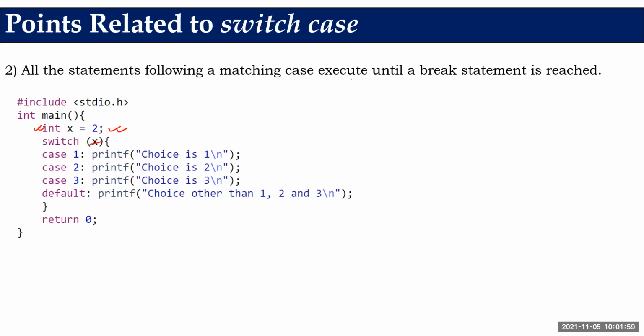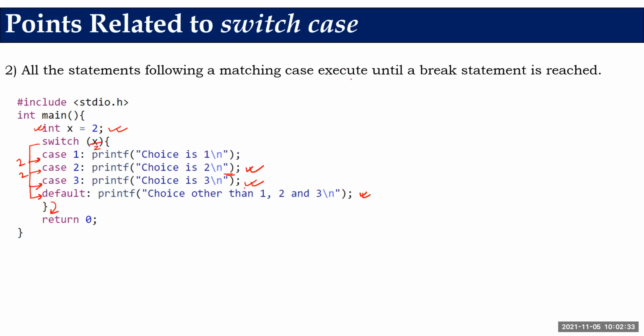So now let's put its value as 2. Now it starts branching. Start branching here first. 2 equal to this? No. Okay, come here. 2 equal to this? Yes. So print this line. We should break out, but there is no break, so it will also go to the third case. It will print this. We must break out, but there is no break, so it will also go into the default. It will also print this. And now nothing is left, so it will come outside of the switch case.